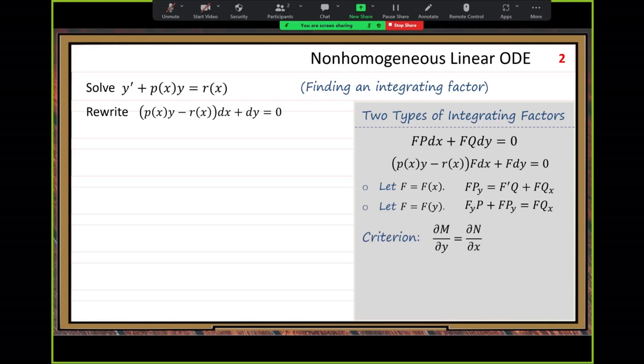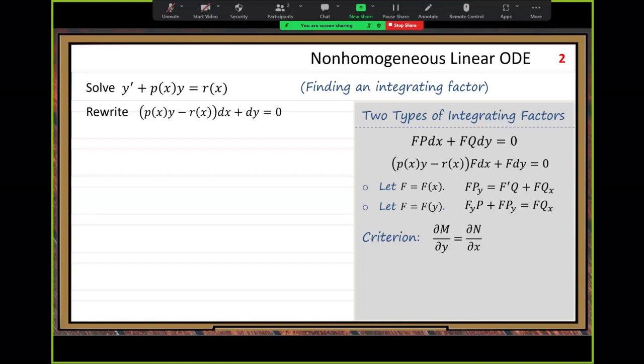We look at the criteria, because in order to make our current equation exact after we multiply by the integrating factor f, to be determined, we need this condition. Sometimes you may not get it, it's impossible. In order to make this equality possible,